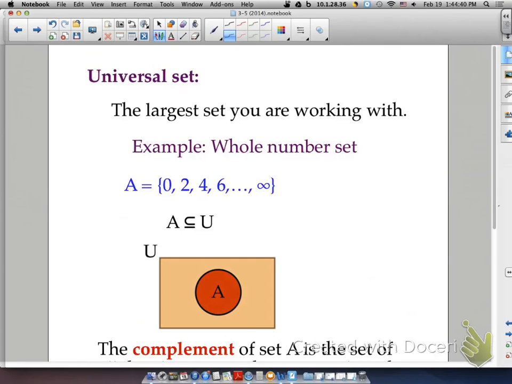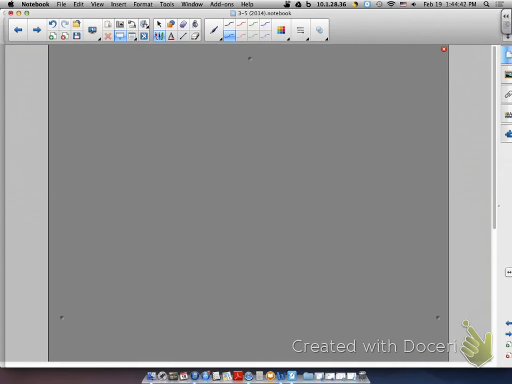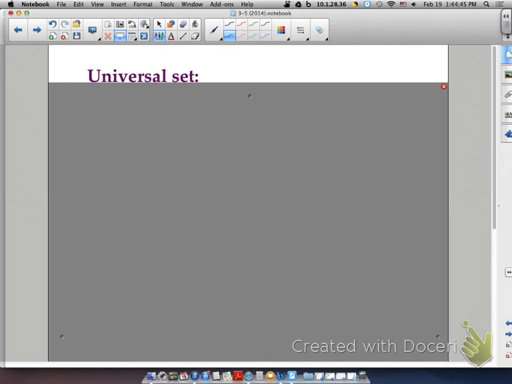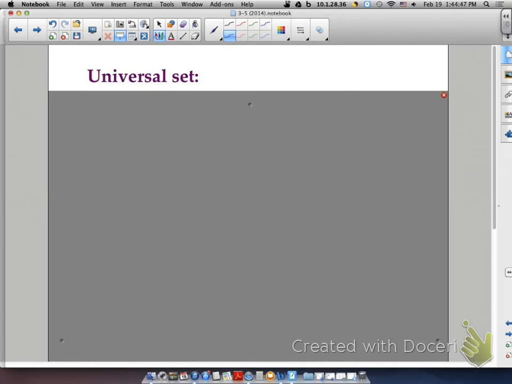So we talked about the empty set or null set. We're going to talk about the universal set. What's the universal set? Universal set, as the name suggests, is the entire set